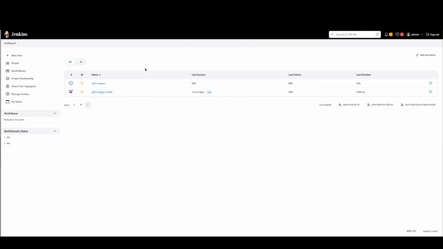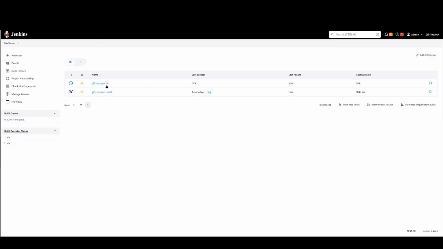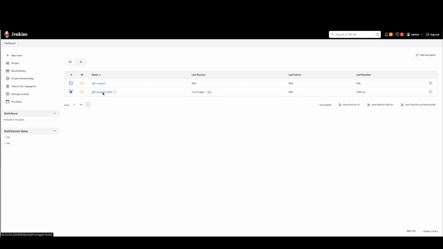And we have the different pipelines. Perfect. So looking at it, here we have a gift wrapper build, which is different from this one. What this one is doing, it has nothing in it. Okay. And this one,